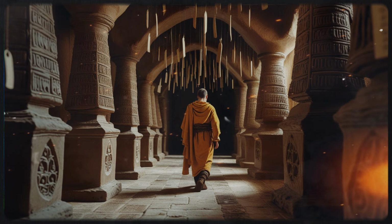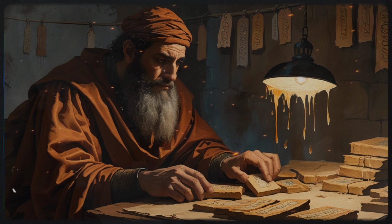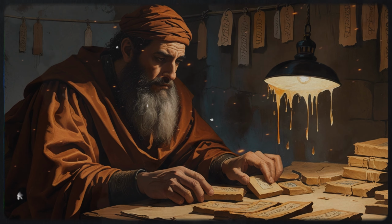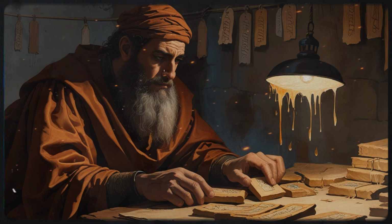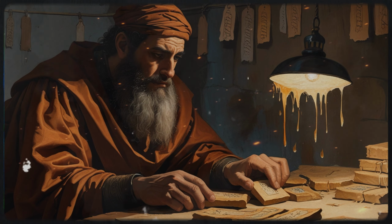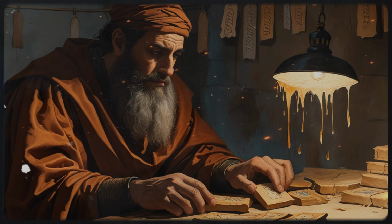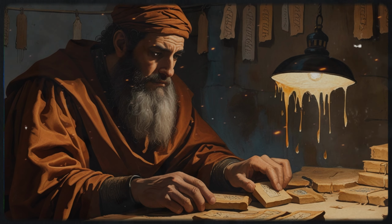But here's the kicker: they didn't just memorize the layout. These scribes had to understand the texts too. It wasn't enough to know where the grain tax tablets were. You had to know which one dealt with barley exports from Uruk and which one covered wheat imports from Mari. That way, when the king's steward stormed in demanding a specific decree, you wouldn't fumble around like an ancient intern